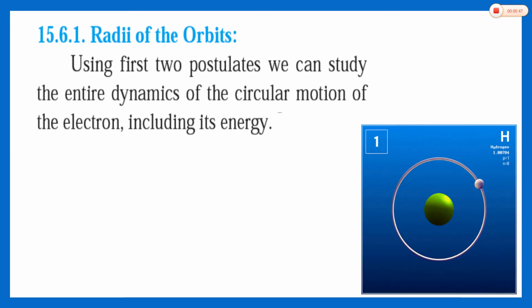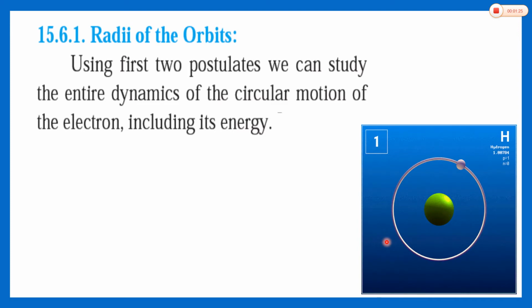According to Bohr's first postulate, recall it: what is Bohr's first postulate, what is Bohr's second postulate? For that, you have to observe the previous video given on the channel. So, what are the postulates of Bohr's atomic model? According to Bohr's atomic model, the electron revolves around the nucleus in a circular orbit. It performs circular motion. This is the electron which is revolving around the nucleus and performing circular motion.